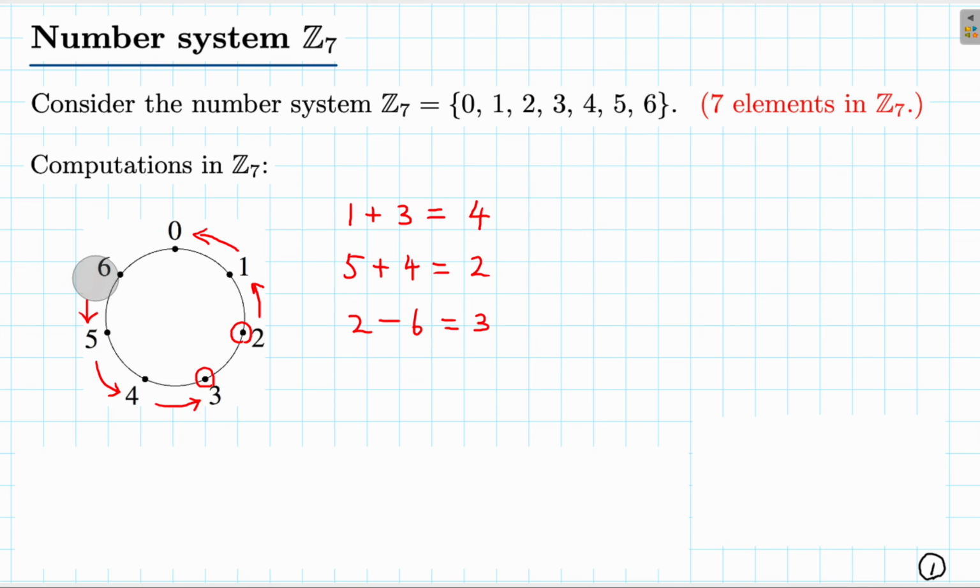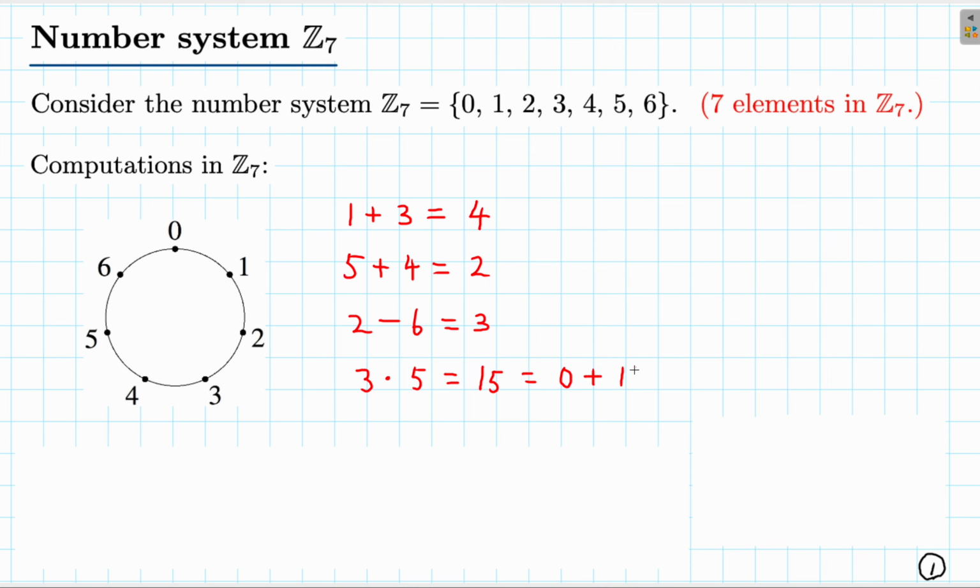And let's do one more calculation, which involves multiplication. So how about 3 times 5? Well, 3 times 5 we know is 15, but 15 is not one of the 7 numbers in Z7. So how do we do 15? Well, how do we view this? Well, we can think of 15 as